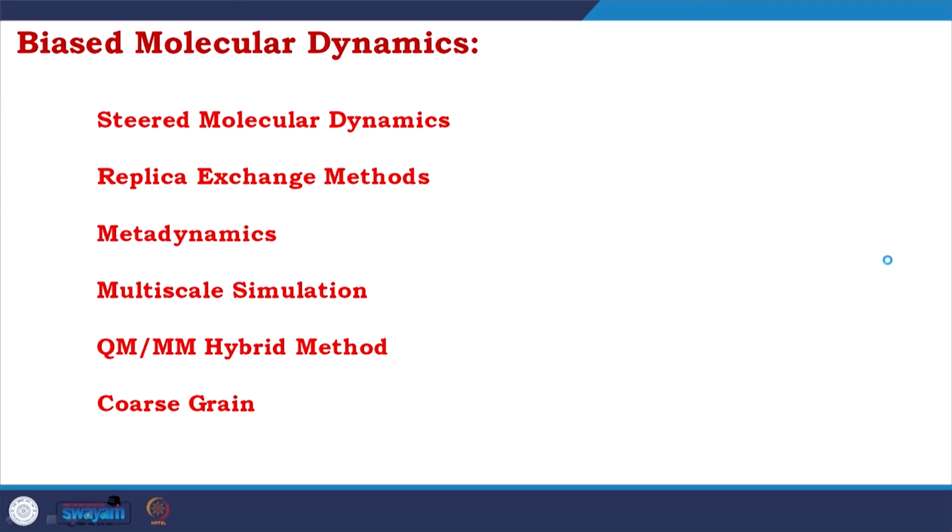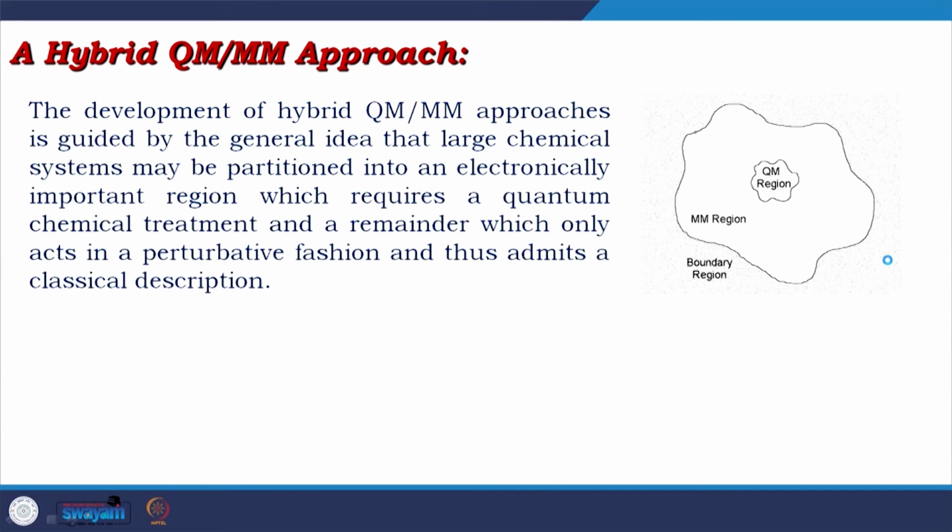Is multi-scale simulation. Quantum mechanical, molecular mechanical hybrid method, and coarse grain if you do not need the atomic level. If you want to look at the movements of bigger structures, a whole loop, a whole structure, then coarse grain is your method. I would finish by talking a little bit about one of my favorite methods, which is the hybrid QM-MM approach. As you already understood, by applying Newtonian physics,